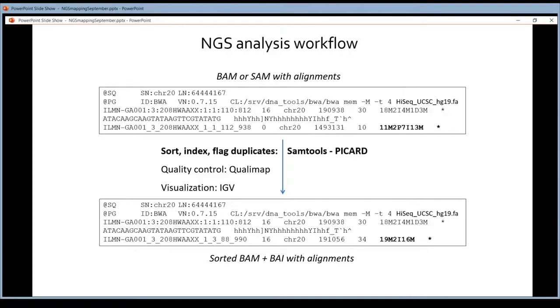When you sort and index your BAM and your SAM files, what is generated? Well, still a BAM or a SAM file, typically a BAM file in this case because they are more compact. But the order of the reads in the BAM file has changed. So it's a sorted BAM file, and when you index your BAM file, a separate file is generated, and that separate file is called a BAI file. BAI stands for BAM index. So the index will be in a separate file with the same name as the BAM file, but instead of having the name .bam, it will have the name .bai.